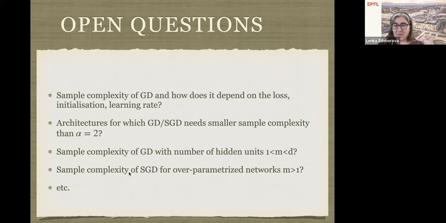And the sample complexity of the stochastic gradient descent of the over-parametrized networks, putting the two together: will they help each other, or will combining the two not help anymore? Empirically, we tried and it didn't seem to improve much over the two, but can we analyze that? So there are many things one can follow up on. So that's all I wanted to tell you. I don't know whether there are some